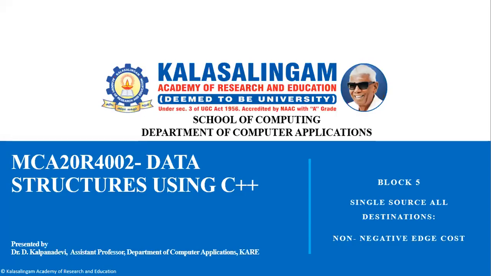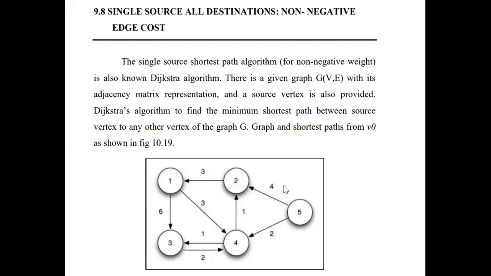The next thing is we have to see the single source, all destination, non-negative edge cost. This topic is also known as Dijkstra's algorithm. There is a given graph. The graph is considered as G with vertices and edges. So we can assume G(V, E) with its adjacency matrix, and the source vertex is also provided. We have to find the minimum shortest path from the source vertex to any other vertex of the graph